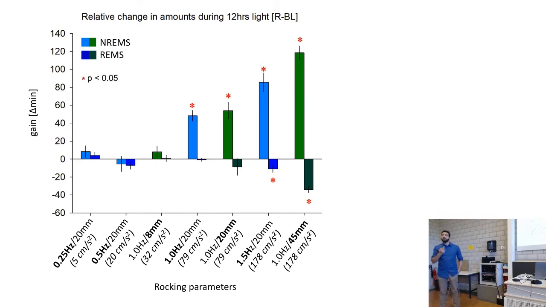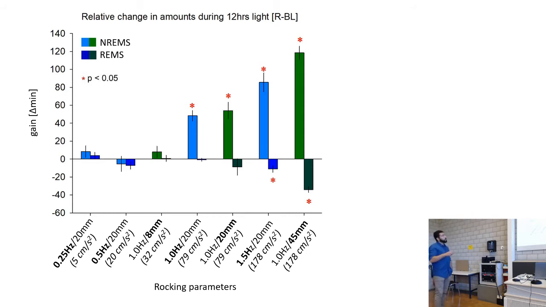because he had to build another platform, not commercially available, on which you could modify the amplitude. So this time we kept the frequency constant, we modified the amplitude, and we tried to achieve similar accelerations, or actually the same accelerations, as in the previous experiment. And this is what I'm showing here.